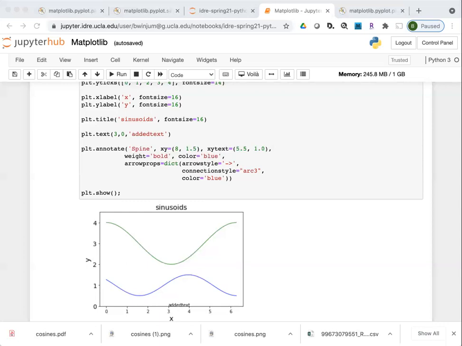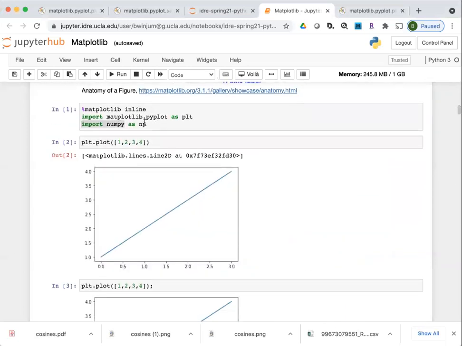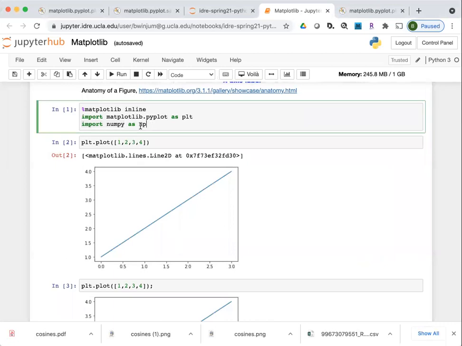Yeah, so for the question, can I explain a little bit more about NP? NP is up here. NP represents the NumPy module.